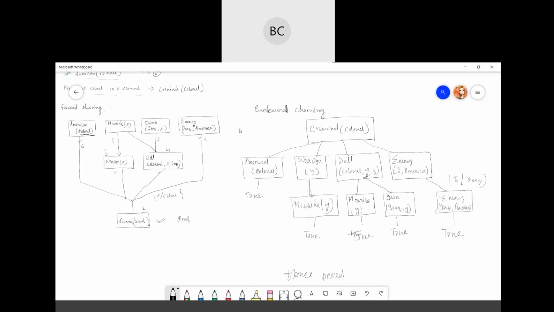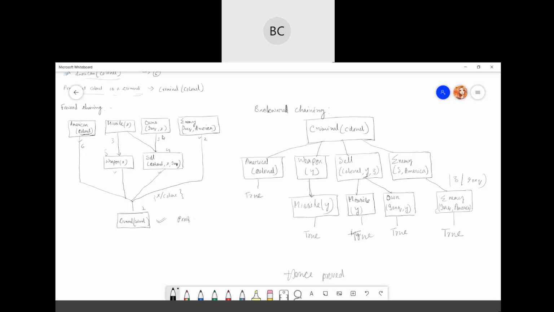Forward chaining starts from known facts and applies inference rules to extract more data units to reach the goal. And backward chaining starts from the goal and works backward through inference rules to find the required facts that support the goal. Therefore, forward chaining is a bottom-up approach and backward chaining is a top-down approach. Since backward chaining starts from the goal, it's goal driven, and forward chaining starts from the data available, so it's data driven.